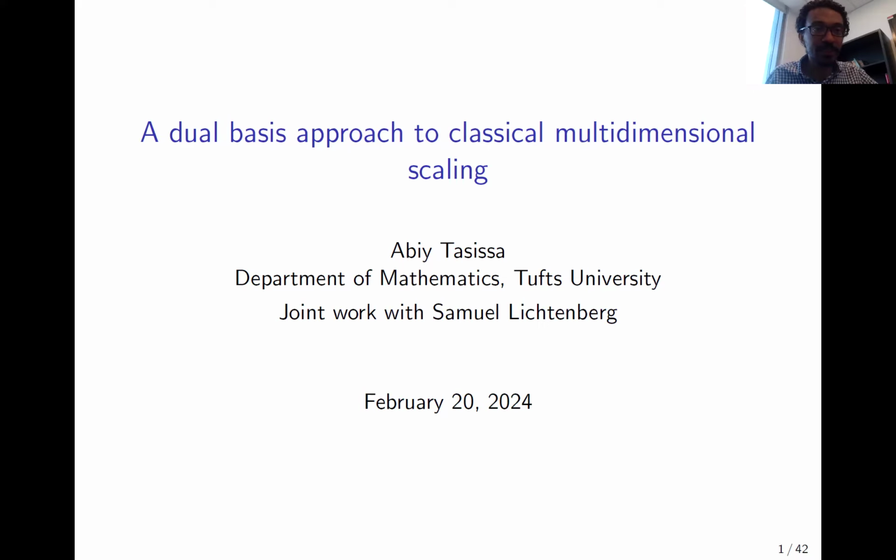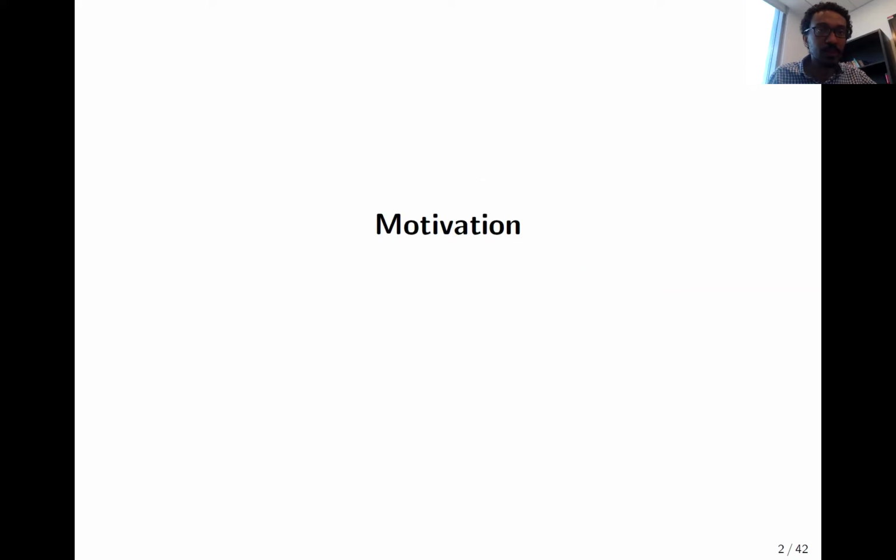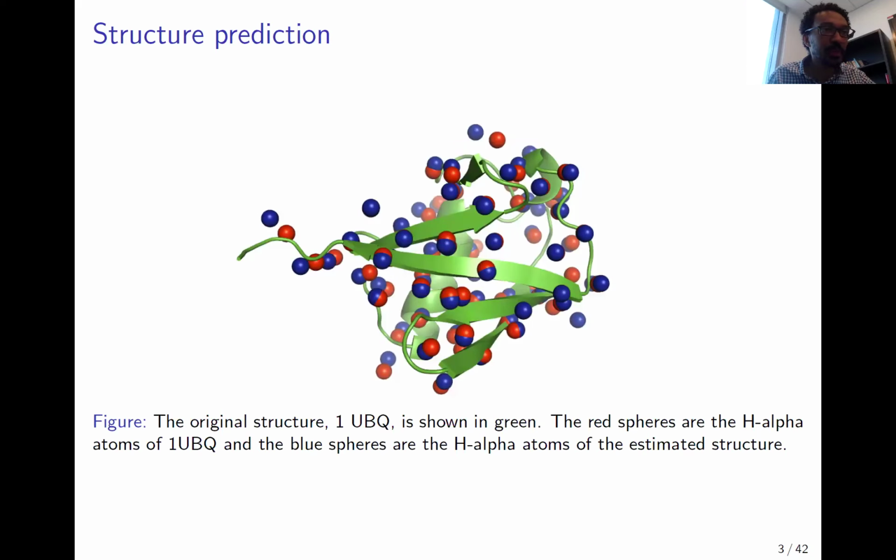So today I will talk about a dual-based approach to classical multidimensional scaling. This is work of my student, Samuel Lichtenberg, who finished his master's thesis last year. I'll start with some motivation for why we study this problem. Here is an example of one application of